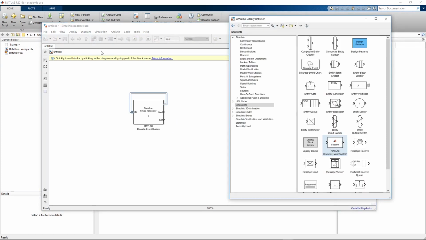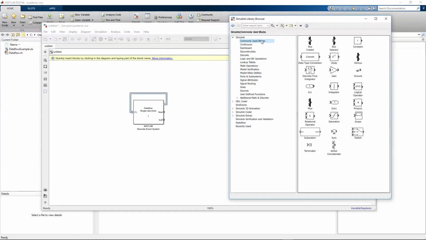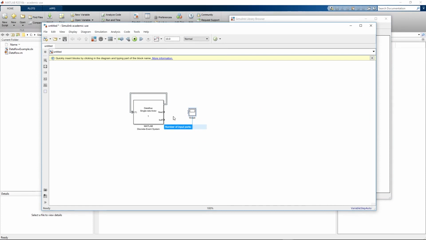scope. So let's open the library browser again, go to continuous. Let's search, because I always have to look a little bit where it is. Here in commonly used blocks there is the scope, and we can add the scope to our model. And this first output signal gives us the number of firings of the actor over time, and the second one gives us the number of elements in the buffer over time. So the simulation time has been set to 10. If I now just click run,